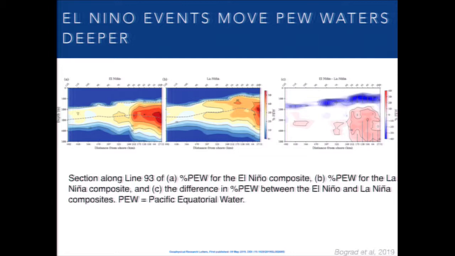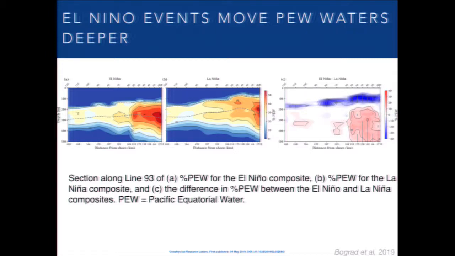So we're getting more of the Pacific equatorial water that's lower in oxygen. It's definitely contributing to the decline in oxygen in the region. And on top of all this, we also have ENSO variability going on in the region. What Steve's paper recently showed was that during El Nino events, the Pacific equatorial water, this you're looking